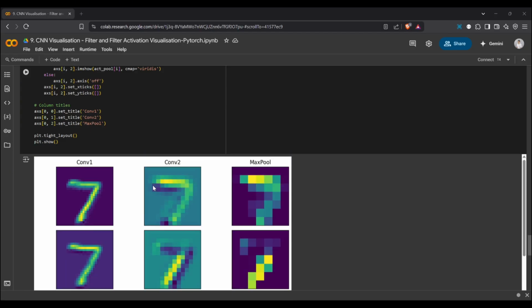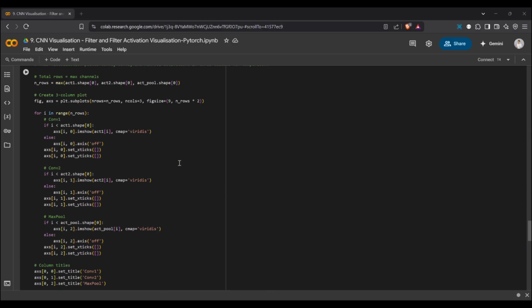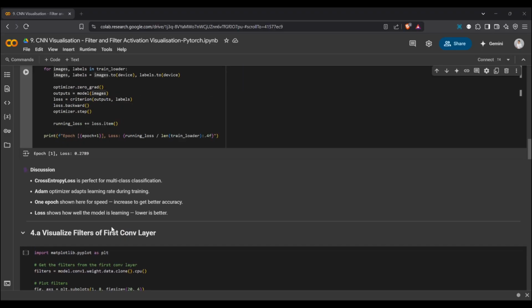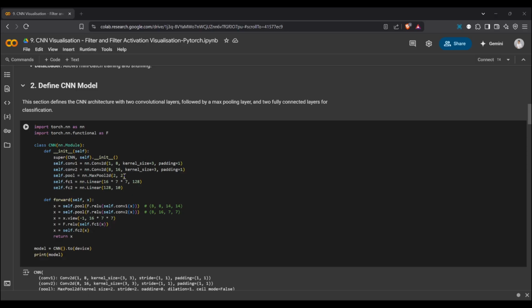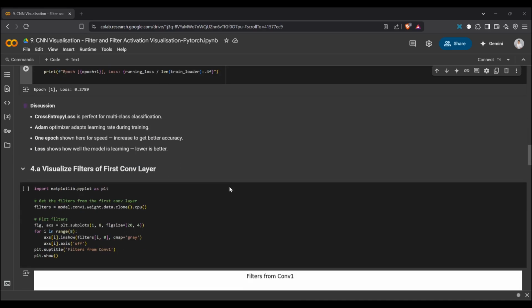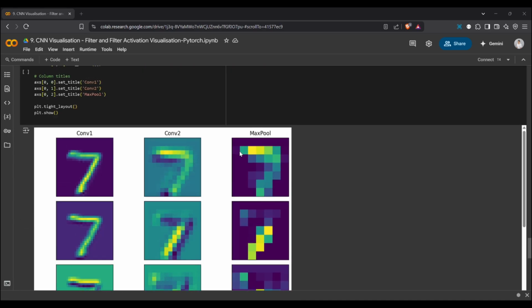From here to the max pool, obviously what max pool does is extract the highest value based on the size of the max pool. In our template we use 2 by 2, with a kernel size of 2 and a stride of 2 for the max pool. That's the output for the max pool.